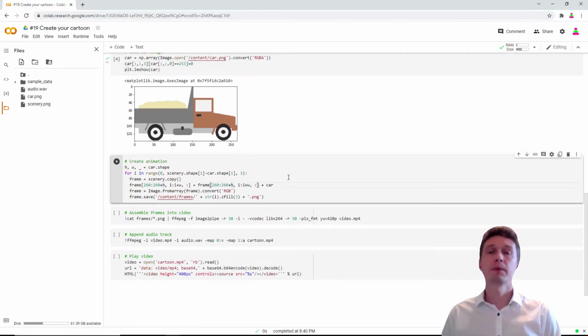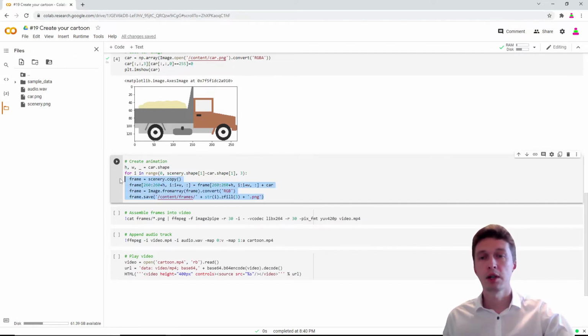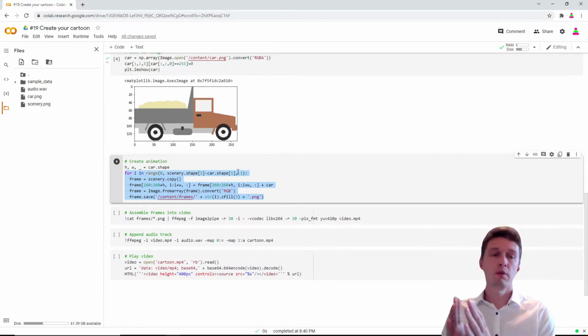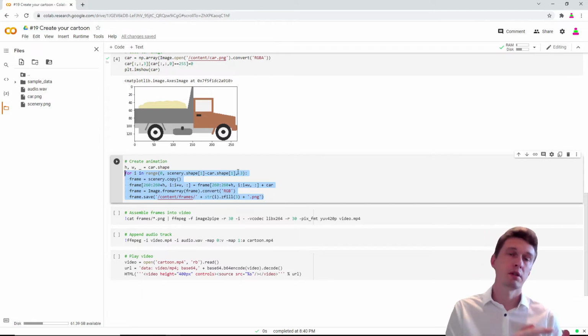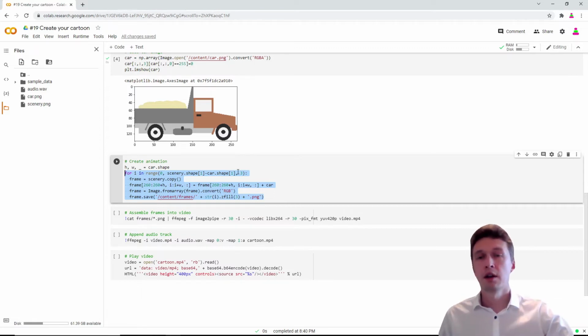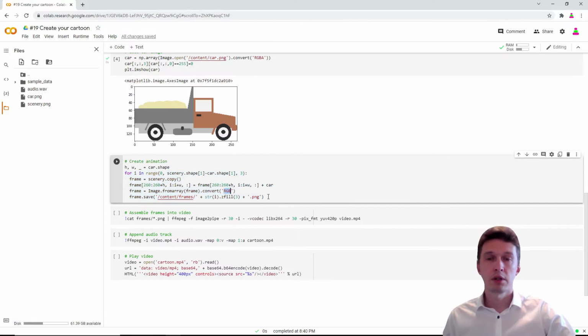And finally we create our animation. We don't draw each frame, we just use a loop, and this loop is over the width of the scenery frame. We take small fragments and substitute them with this lorry truck. Each time we turn it into RGB and save to the frames folder.